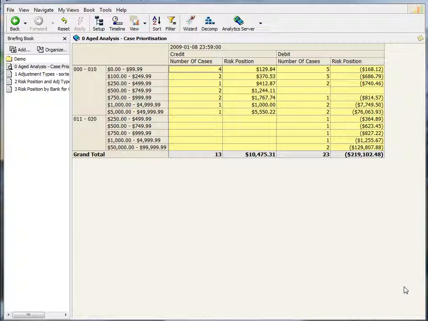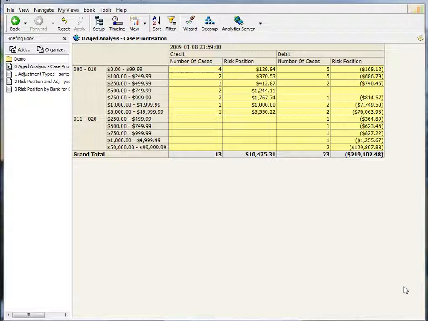I'm going to show you in this video the Insight Reporter module for Resolve Check and show you how it can let you see and access the information at any level to help you manage your cases and your current risk position. One thing that's slightly unusual is that Insight not only lets you look at your current position within RNA, but it also lets you track and monitor any shifts and trends in the level or value of cases